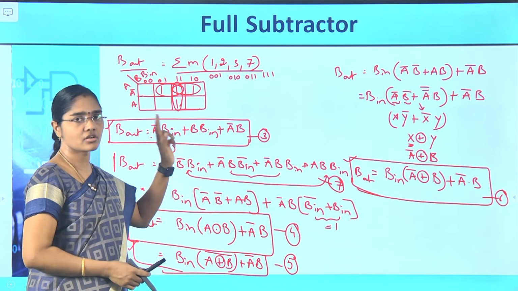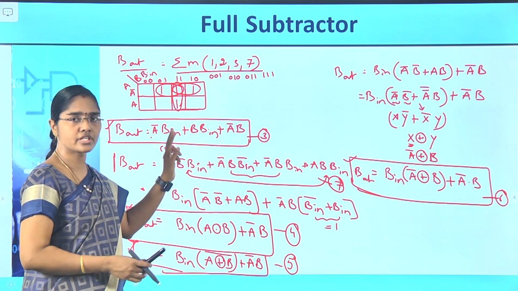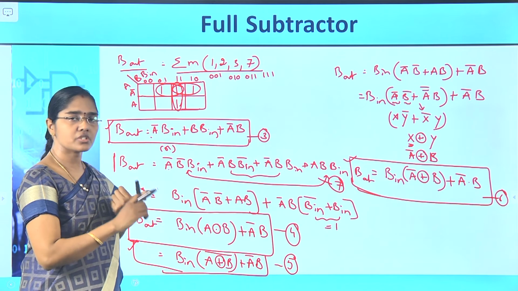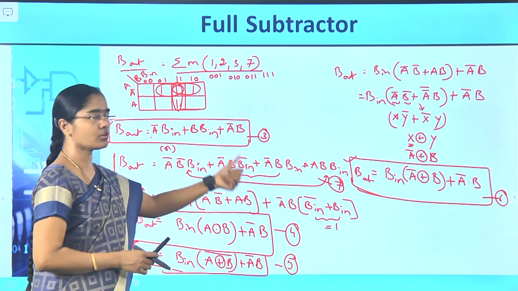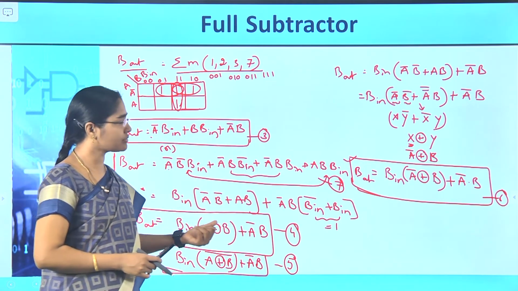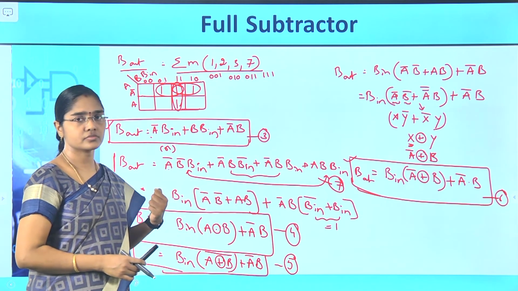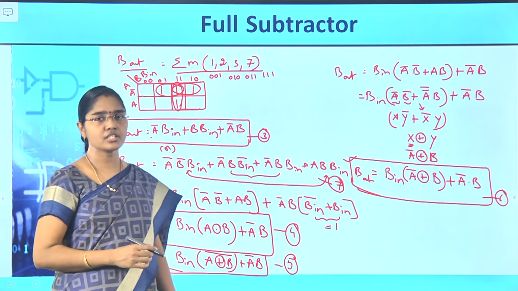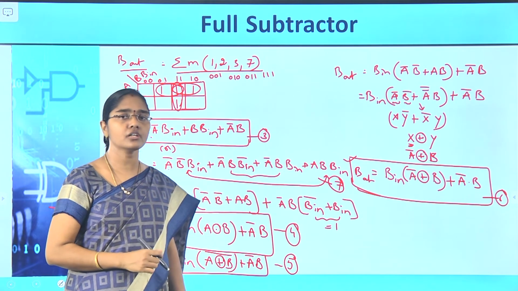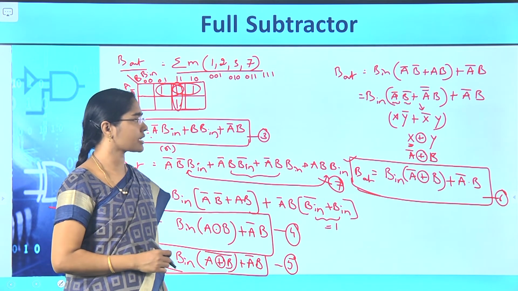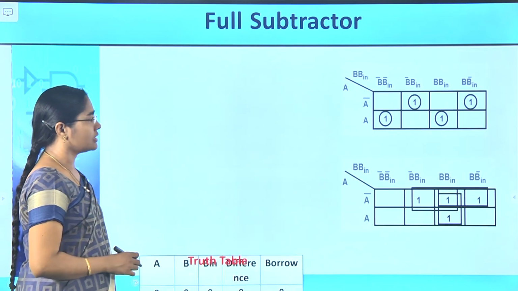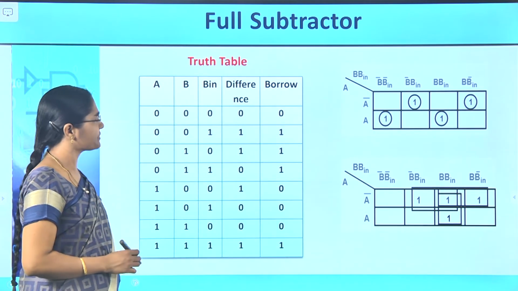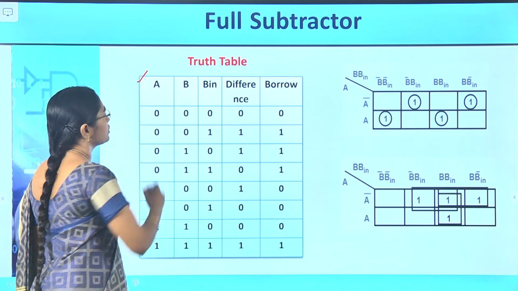There, 2 is a XOR expression, that is the mostly used expression. So equation 2 in combination with any of these can also be used as the logic diagram for the half subtractor. Okay. So now let's see the logic diagram representation, which is the last step of our full subtractor design. Last step, again truth table,